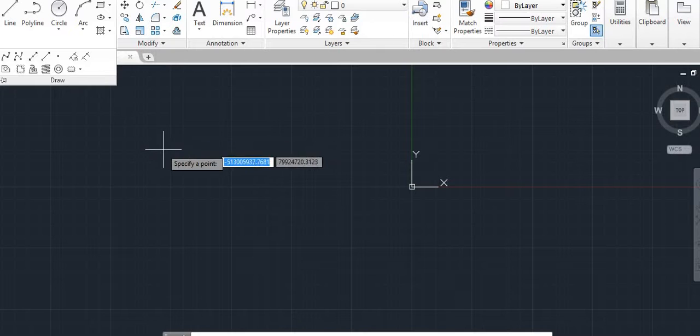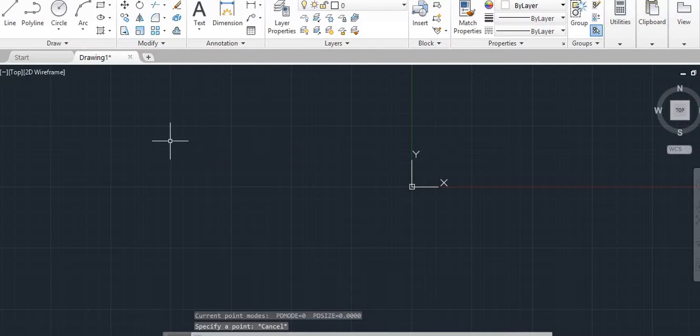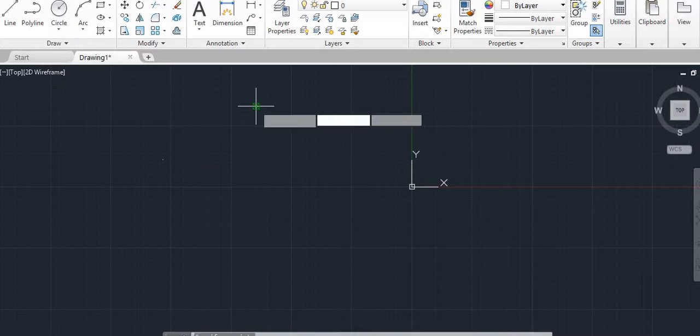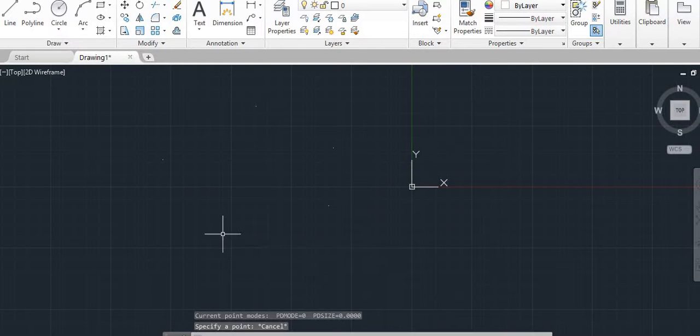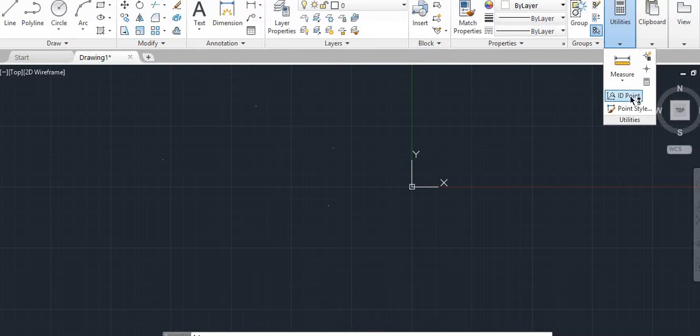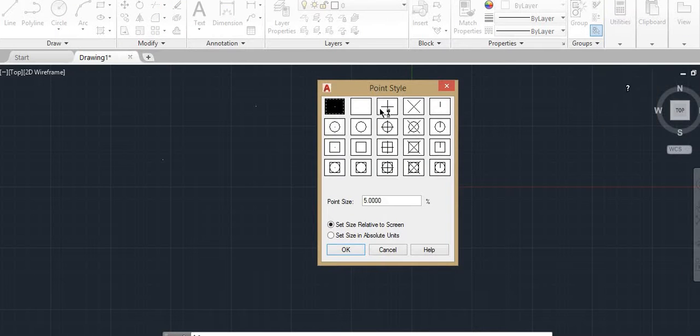Next we have multi-point. If I click random points on the screen, we can get multiple points, but they are not visible. You can change the size of this particular point or the point style as well.